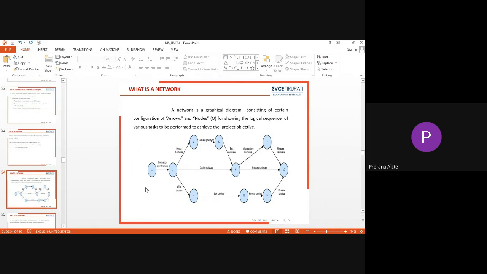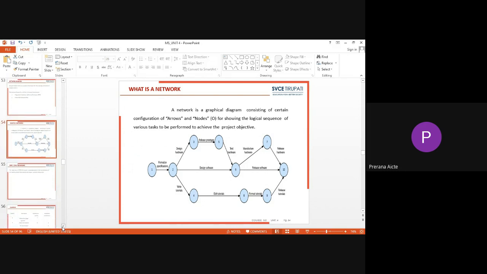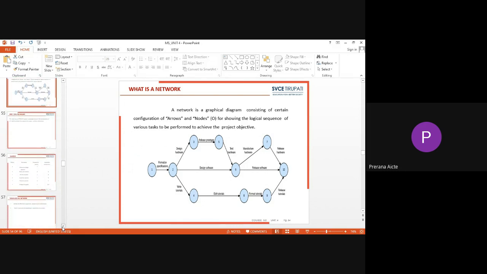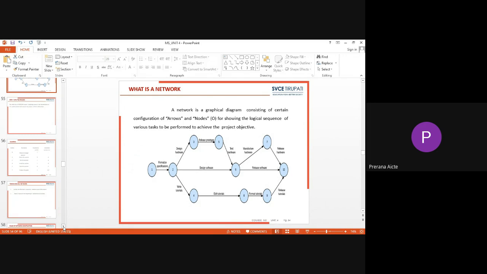So now let us see an example for this project network, or project management. So here we'll try to